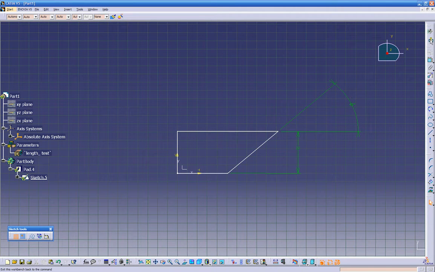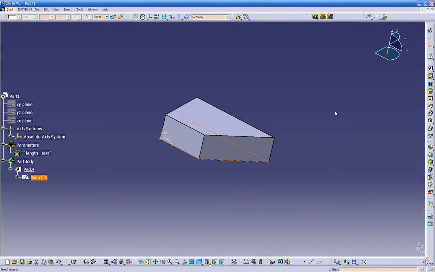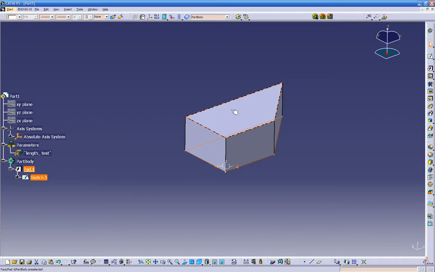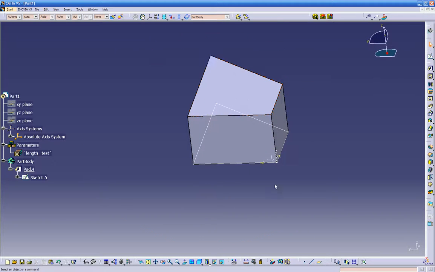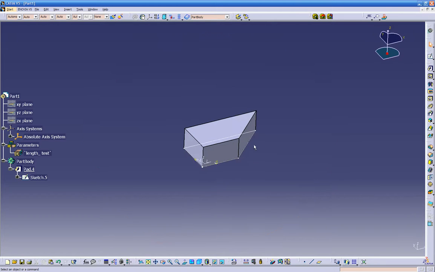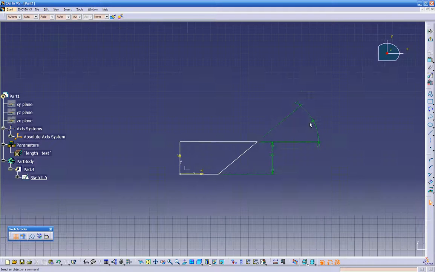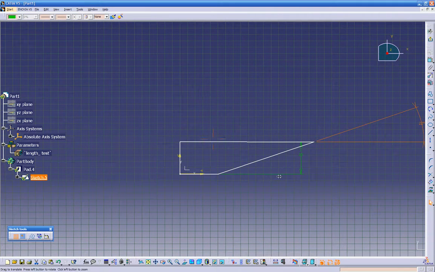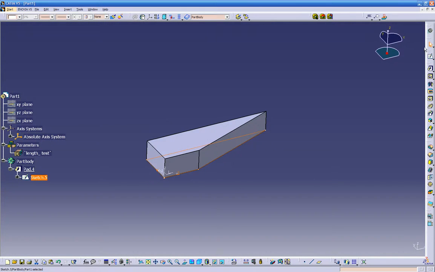Now if we exit, we're back on a 3D view, and automatically it's updating our pad. It used to be rectangular, now it's a pad. So we can go back in this sketch, change the angle. Let's go 22. Get out of the sketch. Automatically updates our pad. Let's try another option. Let's go back into the sketch. We can double click on the sketch here, or we can go here, double click,